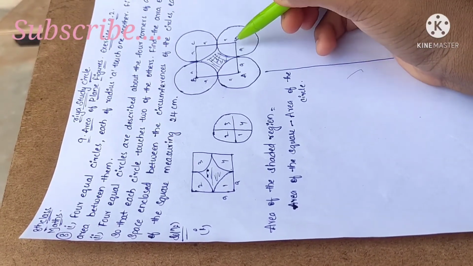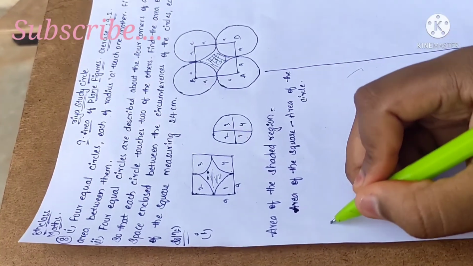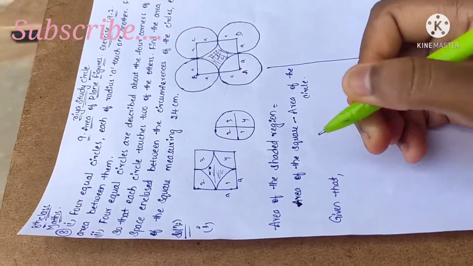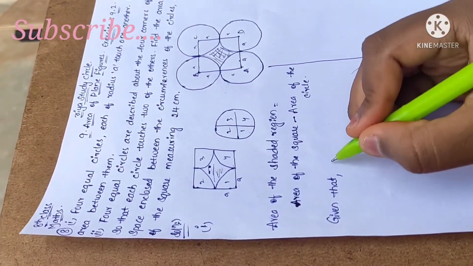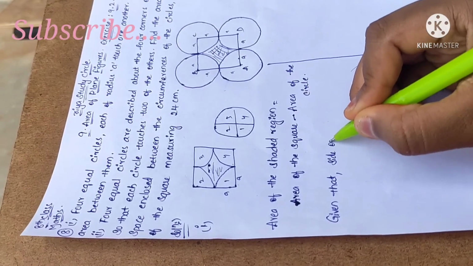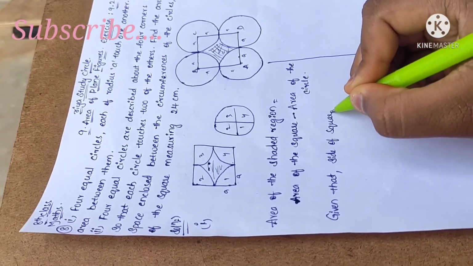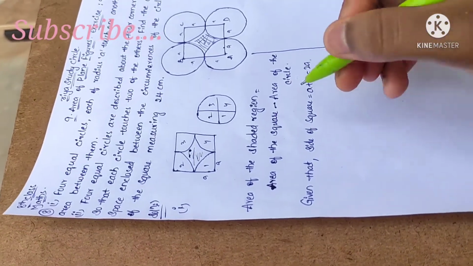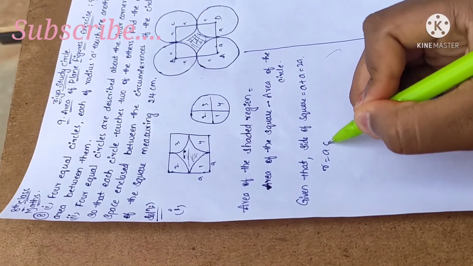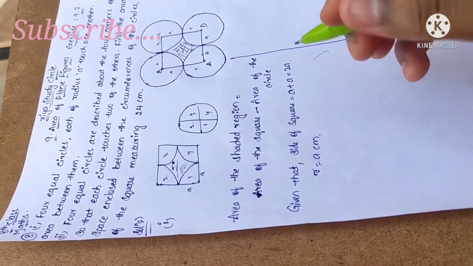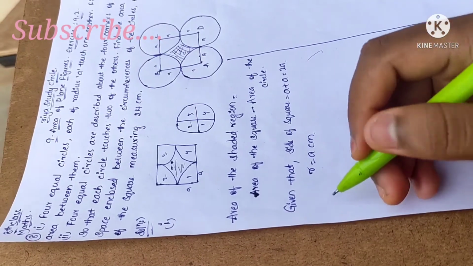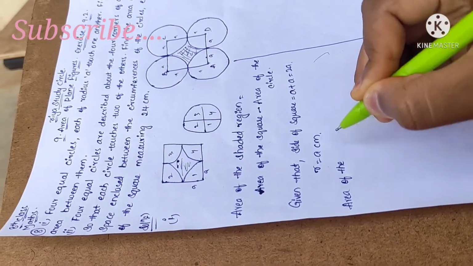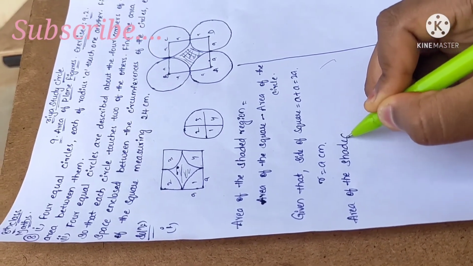Here, for the area of the square, the side has a and a, that is a plus a, which means 2a. So the side of the square is 2a. It is given in the problem, so we can write: given that side of a square equals a plus a, that is equal to 2a. And they gave r equal to a centimeters. So from these two values we can write area of the shaded region equal to